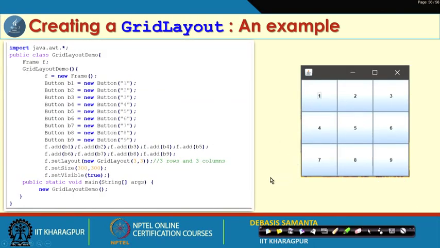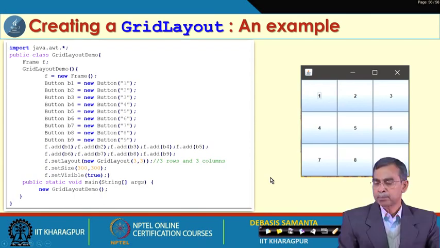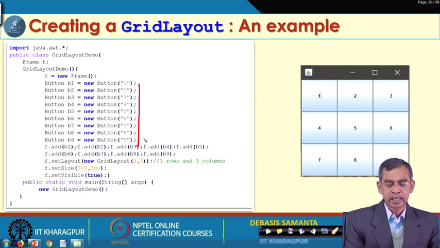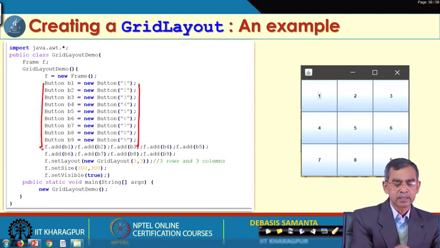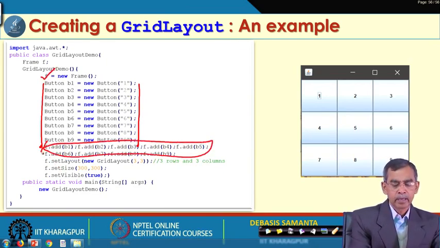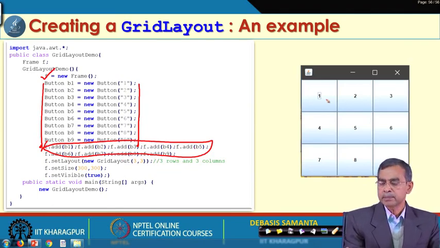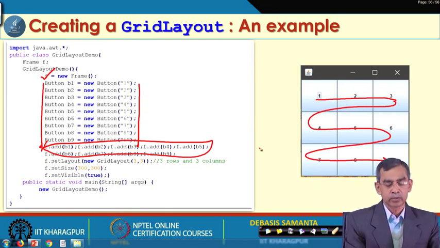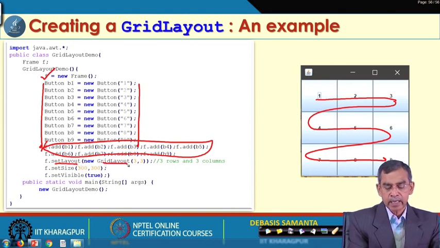And here is an example to create 9 grids in the grid layout form, and here the 9 grids contain the 9 buttons as you see here. So, we create the 9 buttons and a frame, and we add all these buttons into it. Whenever you go on adding, it goes in that way 1 2 3, just like the flow layout manager. Now, see how we can do that. We set layout, new GridLayout 3 cross 3, which indicates the size of your grids in this case.